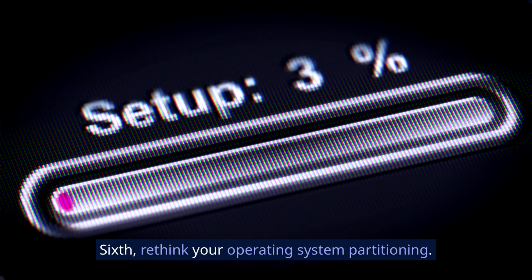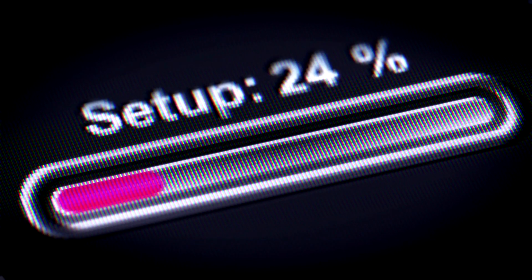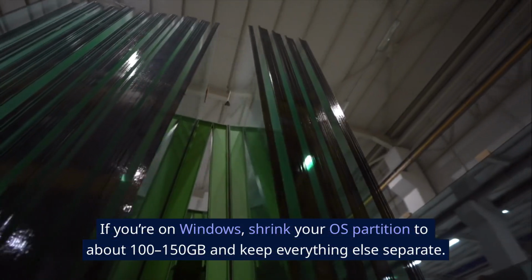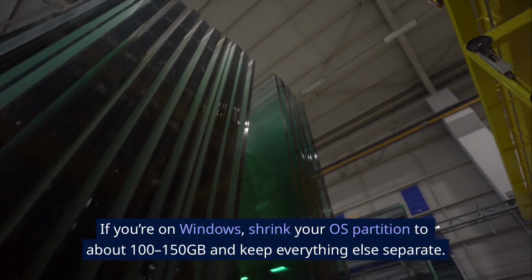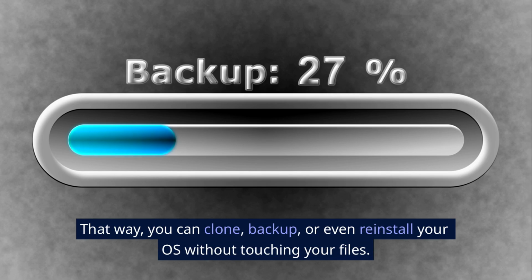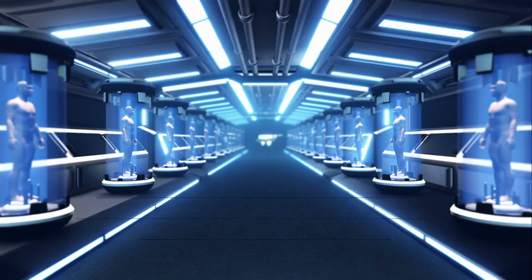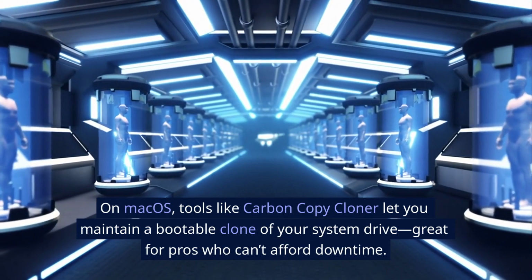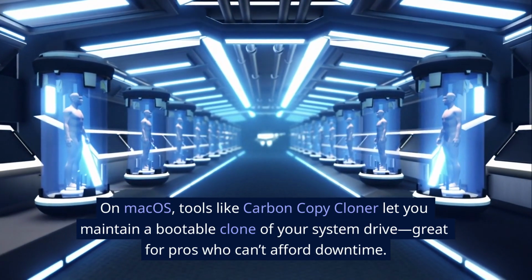Sixth, rethink your operating system partitioning. If you're on Windows, shrink your OS partition to about 100 to 150 gigabytes and keep everything else separate. That way, you can clone, backup, or even reinstall your OS without touching your files. On macOS, tools like Carbon Copy Cloner let you maintain a bootable clone of your system drive, great for pros